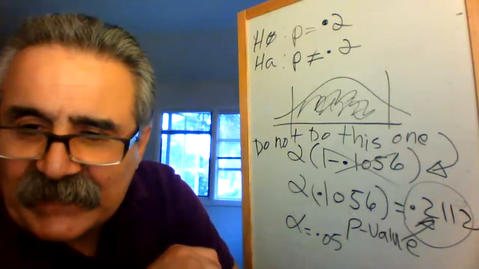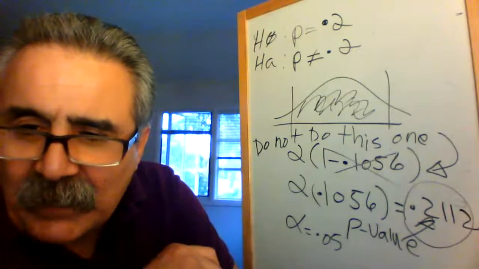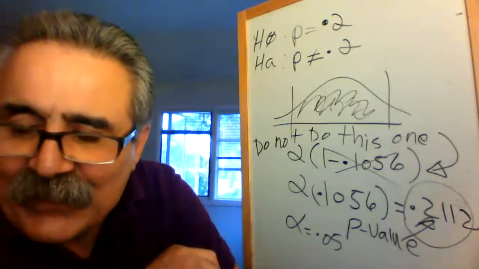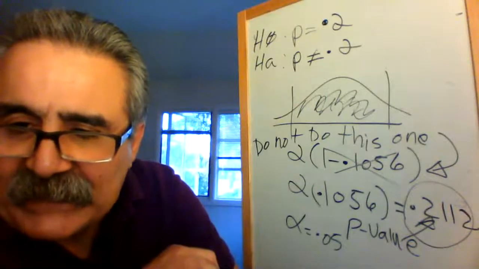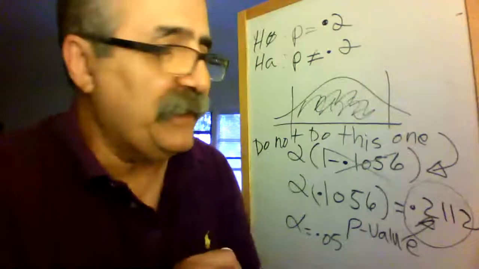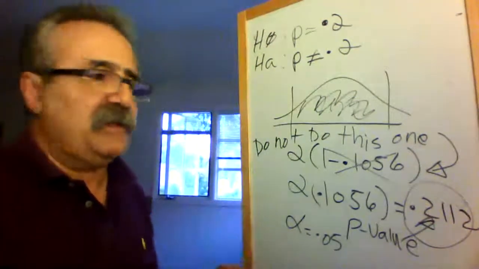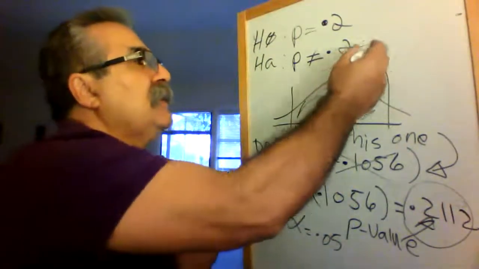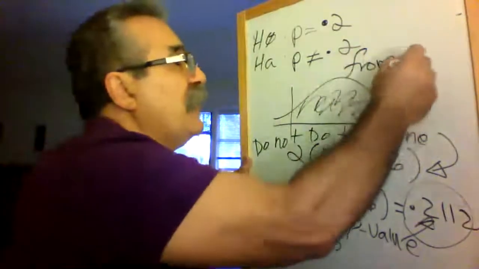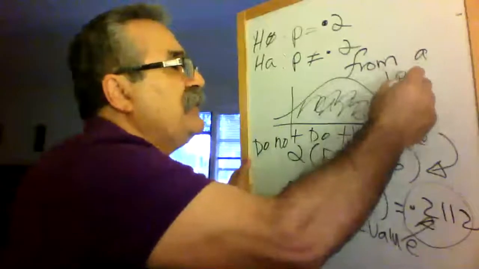Could you also, Jenny, explain the key indicator to show when a problem is a sigma known or unknown case? What information is provided to show which type of case it is? When they are talking about, let's say the wording, from a population,